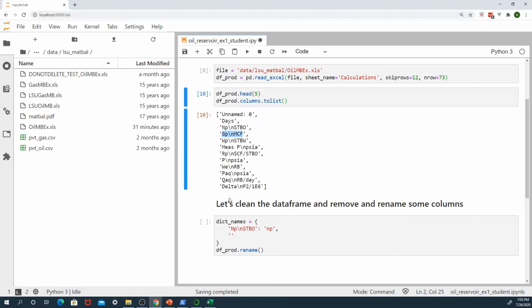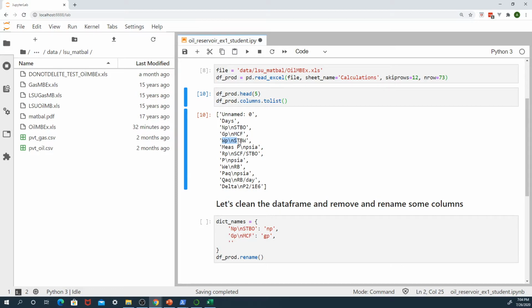The produced water has to be called WP, and I think that we also need to convert this to pressure. All right. So now I can use this dictionary and say